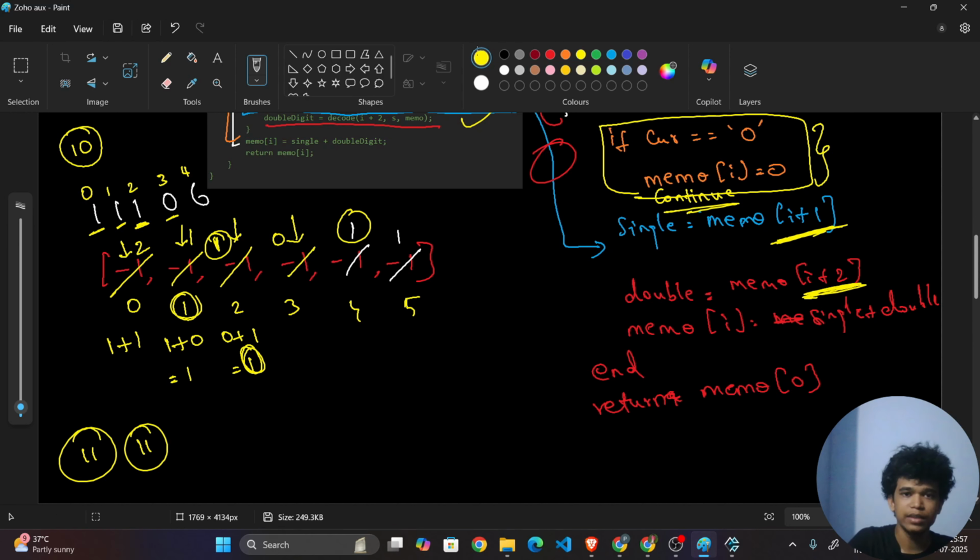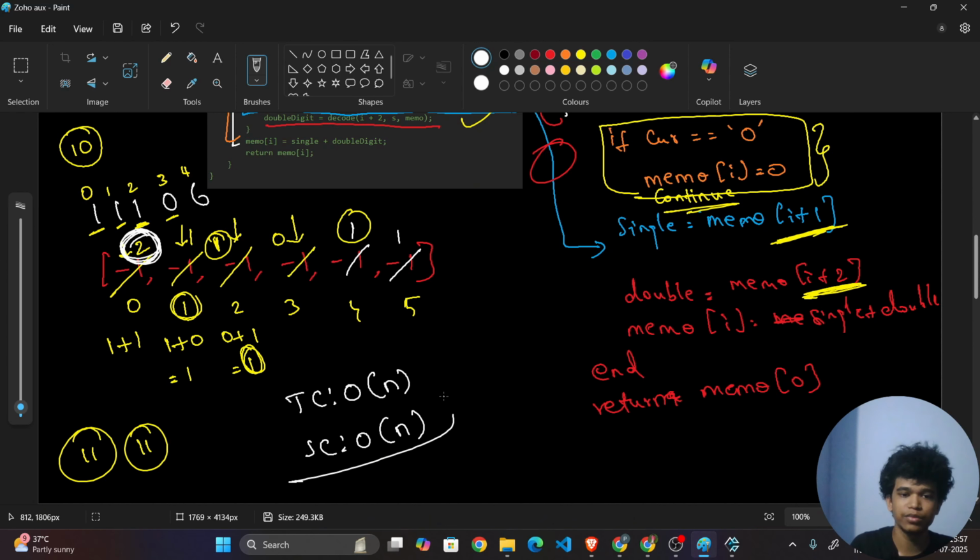Now at last I will be returning this memo of 0, which is equal to 2. Can you understand this? So this is my dry run, and my time complexity will be O of n, and my space complexity will also be O of n, because we are using